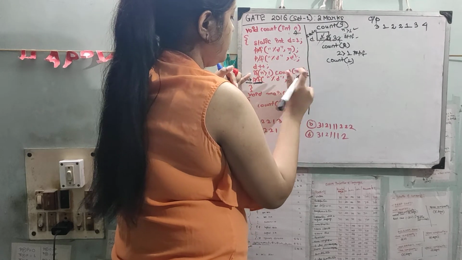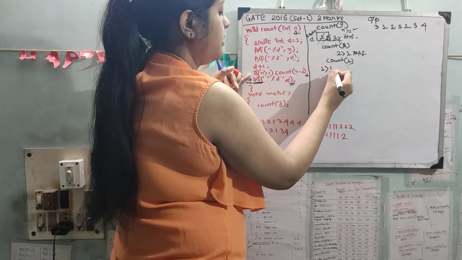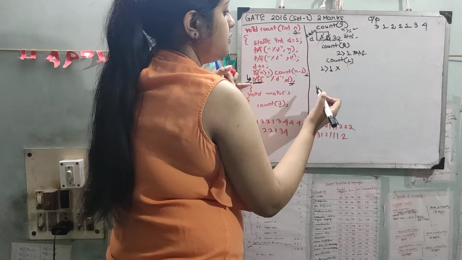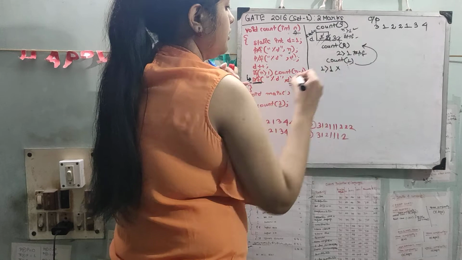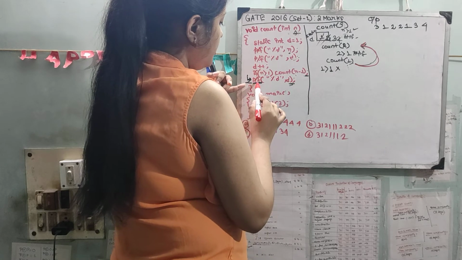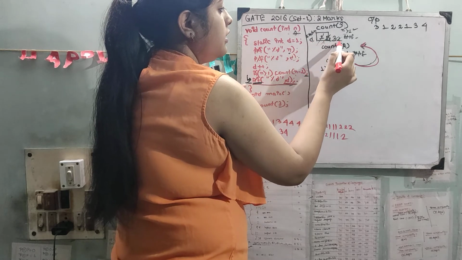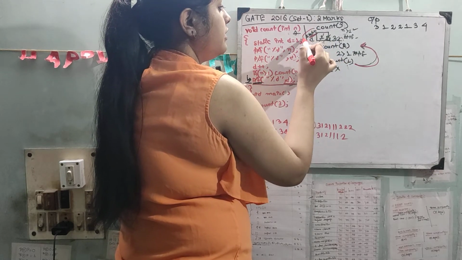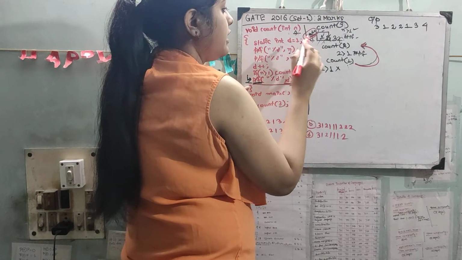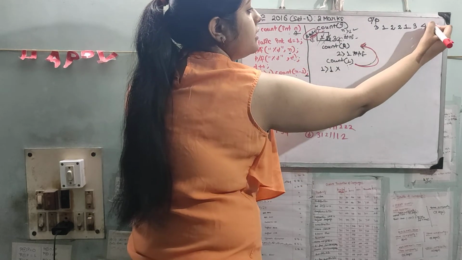This line is not calling count because n, 1, is not greater than 1, so the control will go to the next line, printf percent d, d is printed. Now go back here from count 1 to count 2. So remember what I have told you, printf percent d, this line we have to do. Since d is a static variable, that's why I told you to write it in a special way, because others are simple variables, d is a static variable. So here again printf is done, so 4 is printed.